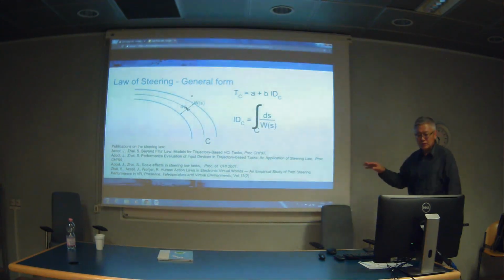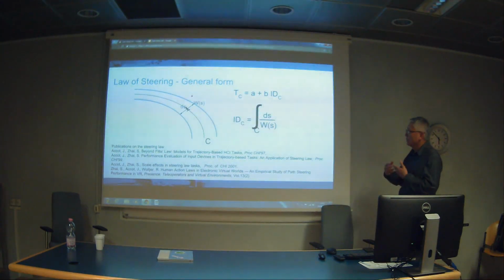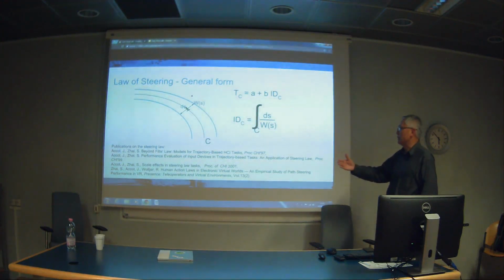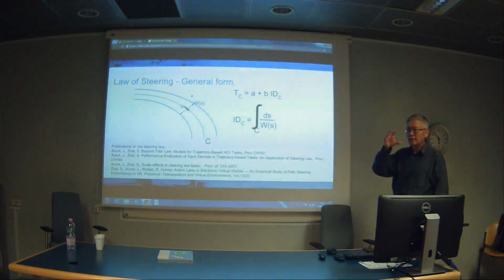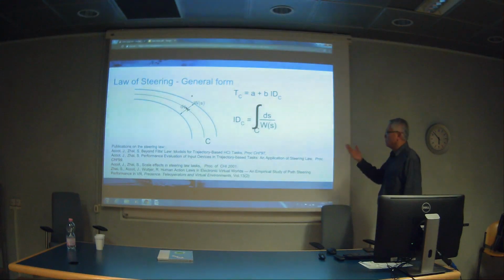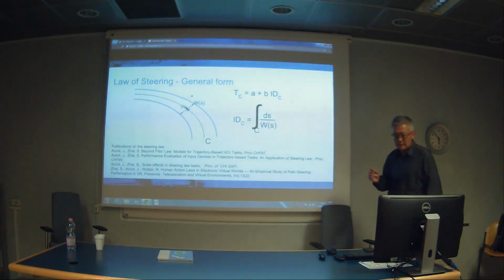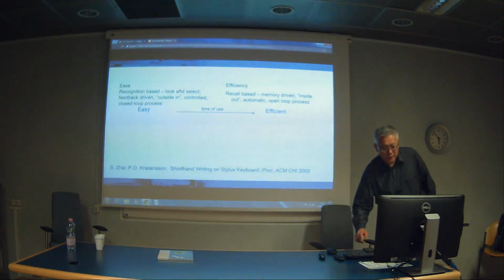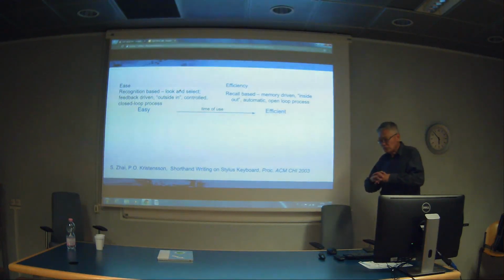And later on, we also moved this thought to something different. That is, if you follow a trajectory within a constraint, and that is a continuous constraint on movement rather than a point constraint or target constraint, that also follows a new relationship. We call it the law of steering. And this was all done quite in the late 90s. So with all that knowledge, we found that it was still not enough to invent a new method for text input because